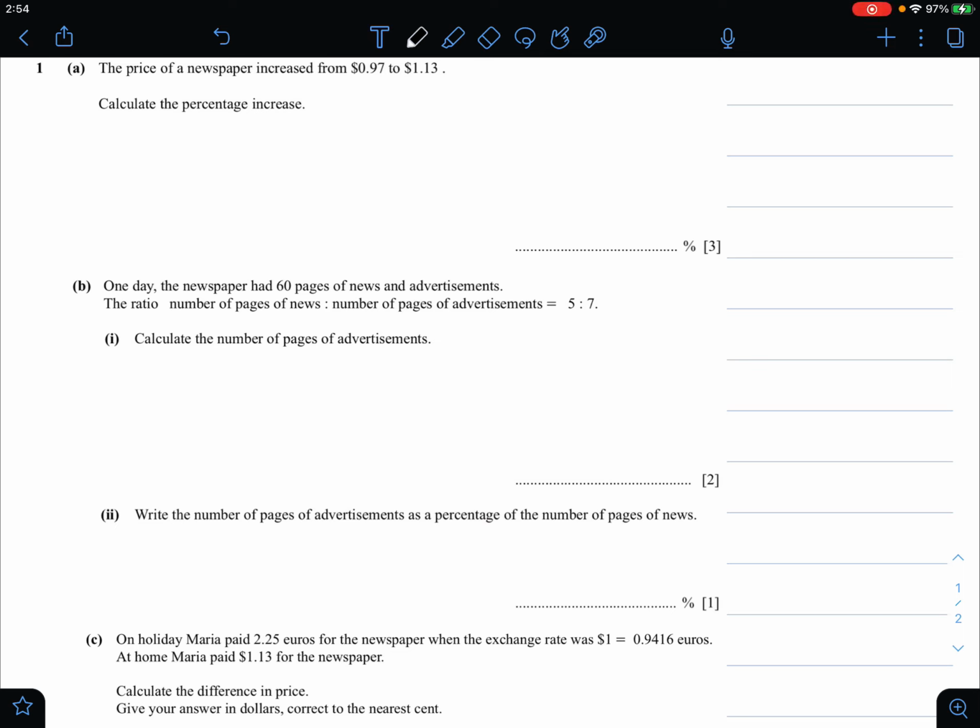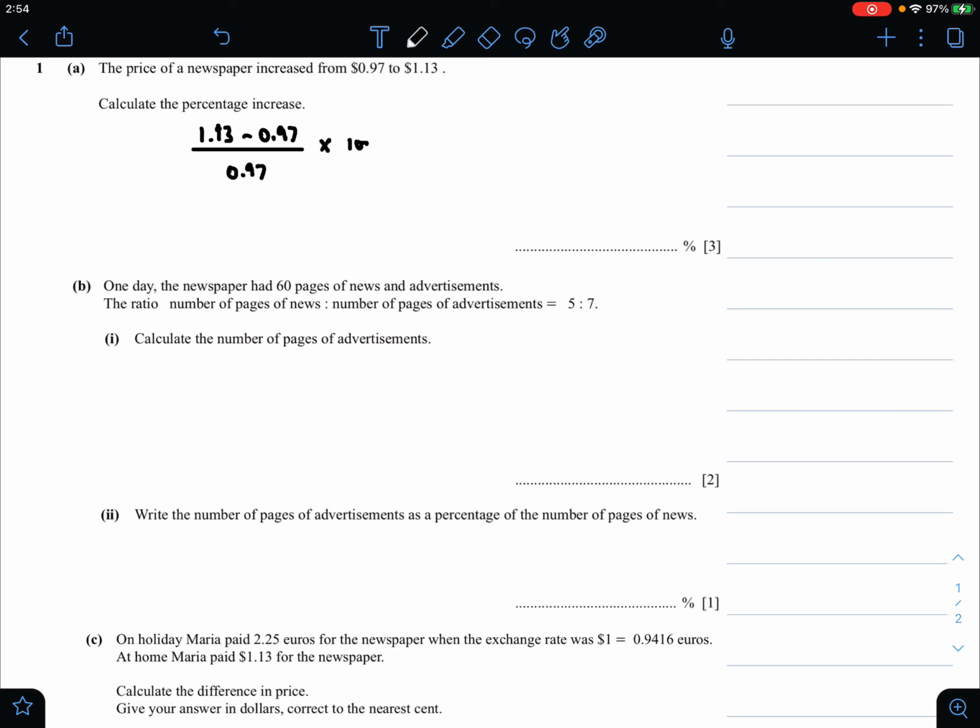So for part A, they are asking us to calculate the percentage increase. How you do that is you take the difference between the prices and you divide it by the original price, and then you multiply it by 100. So that would be 1.13 minus 0.97. I'll just write that here: 1.13 minus 0.97, divided by the original price, that is 0.97,